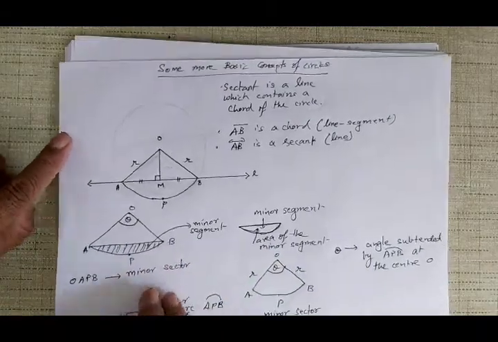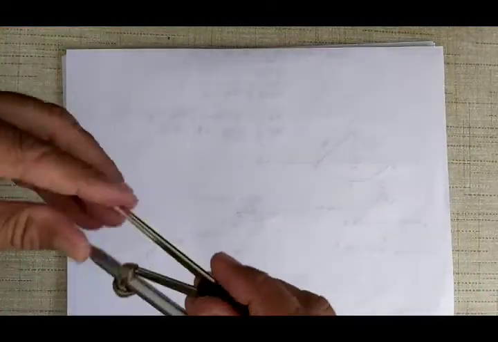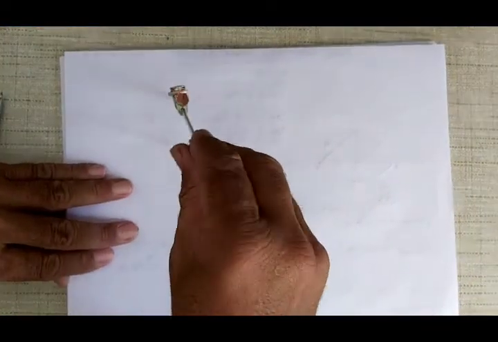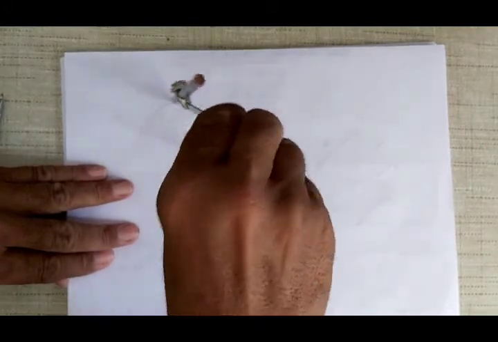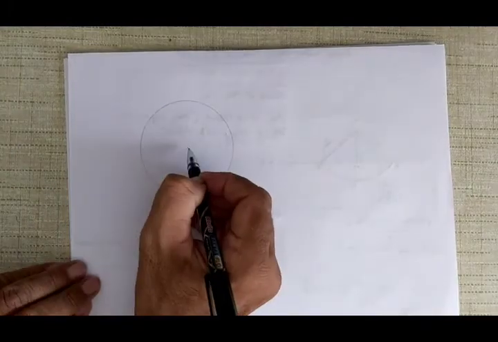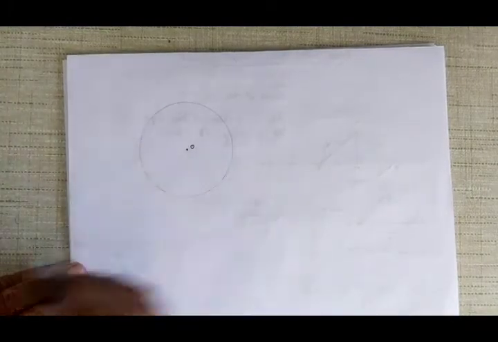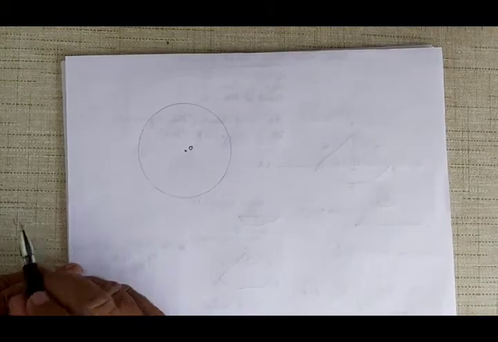Theta is the angle made by the minor arc, or subtended by the minor arc, at the center. Alright, now there are one or two more things that I also want to discuss. These basic ideas many students don't know, and that is why it's important that I am discussing this once again. So look at this now. This is the center of the circle, a circle with center O and radius R.